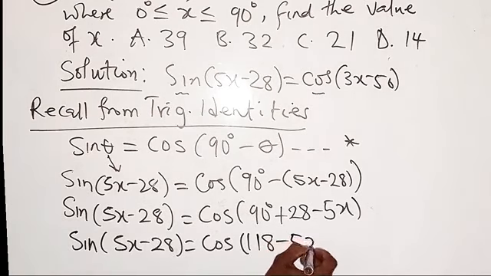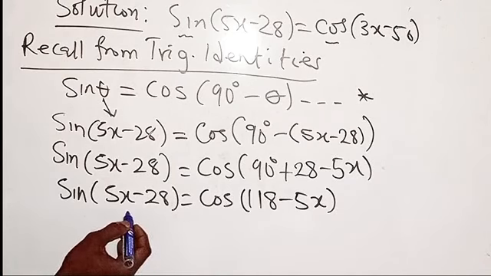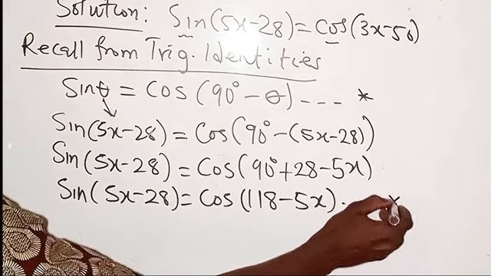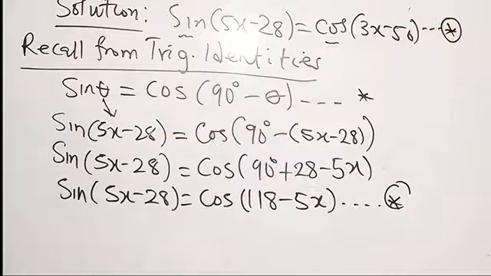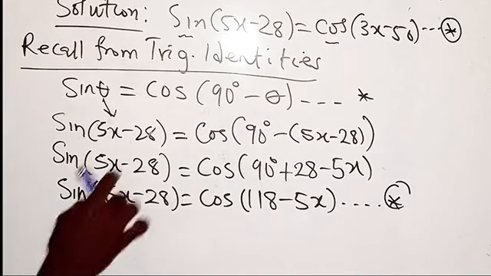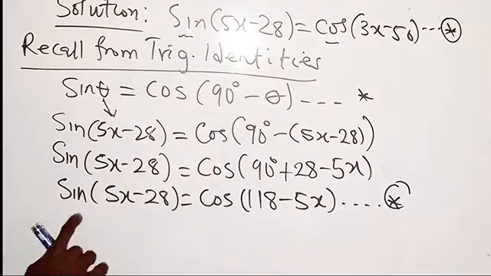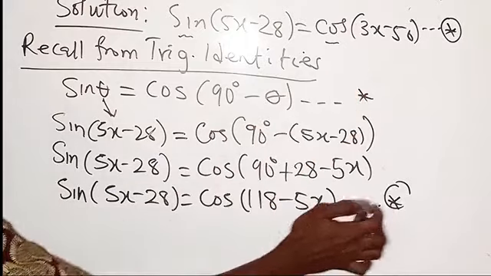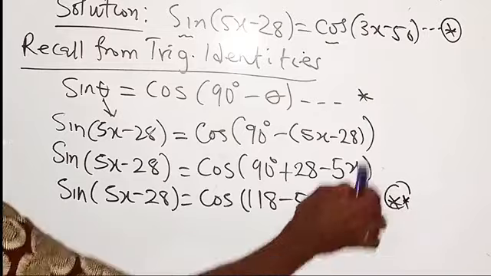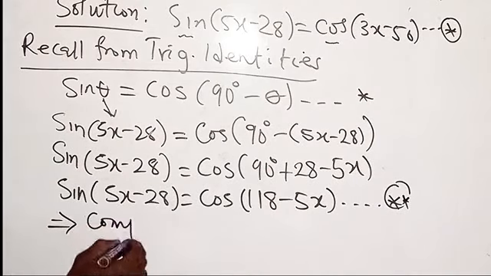Then minus 5x. Now, looking at this, you can see that this and this one given to us here, I mean the main question given to us, you can see that the left hand side, sine 5x minus 28 and sine 5x minus 28, these two, the left hand sides of the equations star and star star, are the same thing. Do you understand? And so we can compare